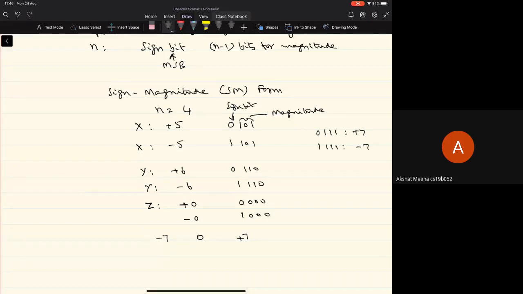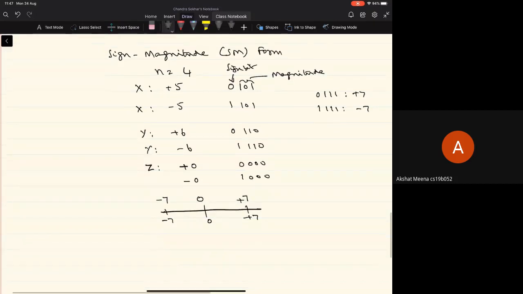So we see that now this number line is having the positive side and the negative side. So we can represent the numbers from minus 7 to plus 7. The number of combinations that's possible is 16, but the unique values that we represent here is 15 because the 0 has got two different representations. Now, can we generalize this range of values for any n bits? So as you can verify that,